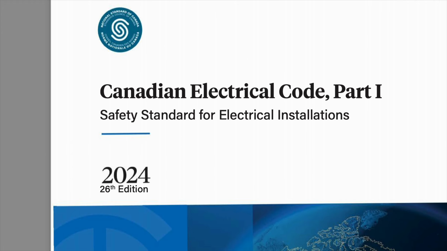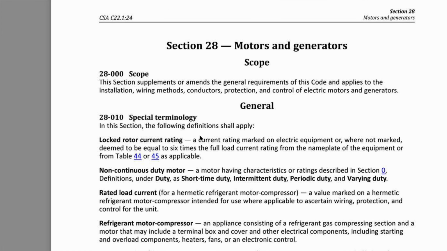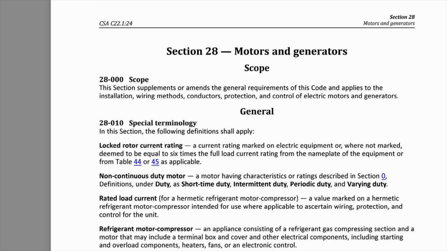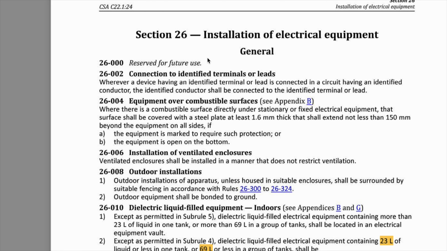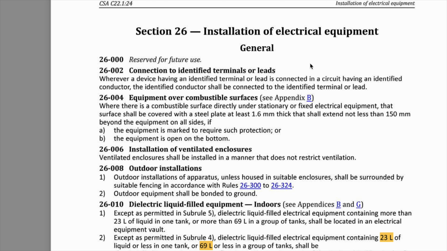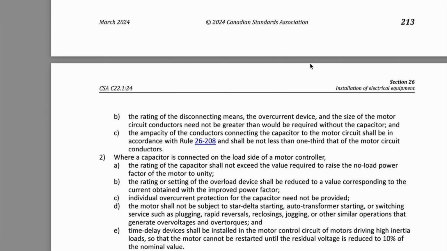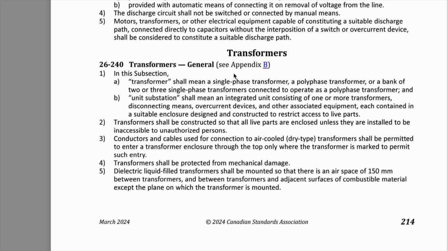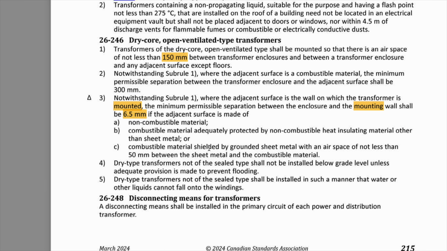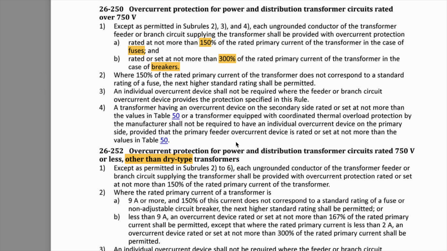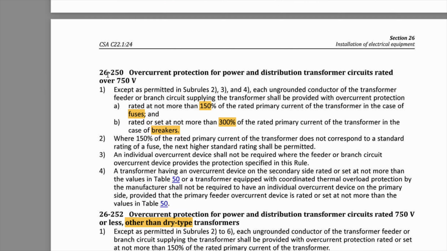You can find transformers in section 26, in installation of electrical equipment. Here you can find rule 26-250 about overcurrent protection for power and distribution transformer circuits rated over